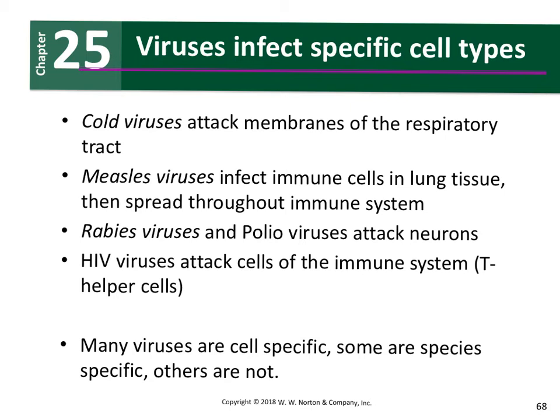Polioviruses initially infect intestinal cells, but some of them then infect neuronal cells that cause the real problem with polio. HIV viruses actually also attack immune cells like T helper cells